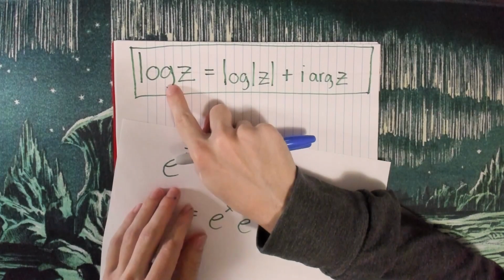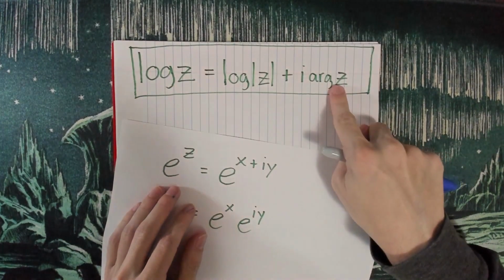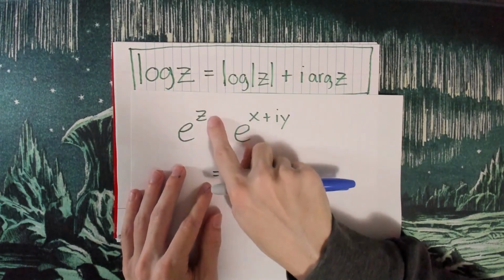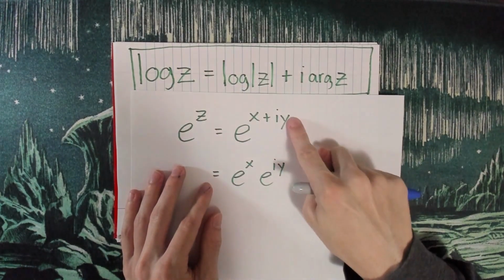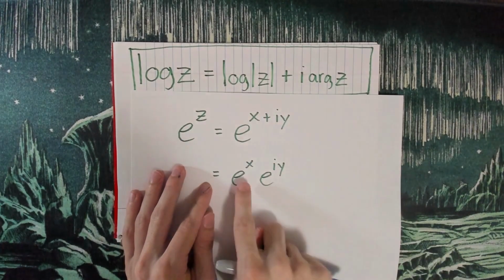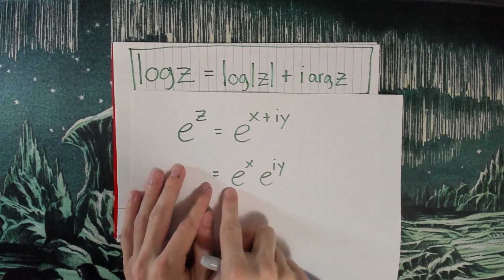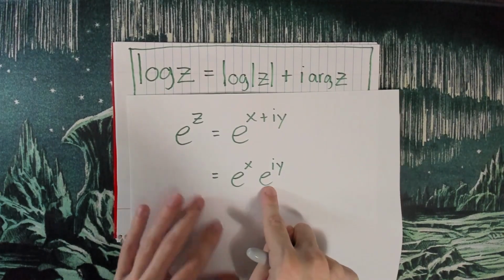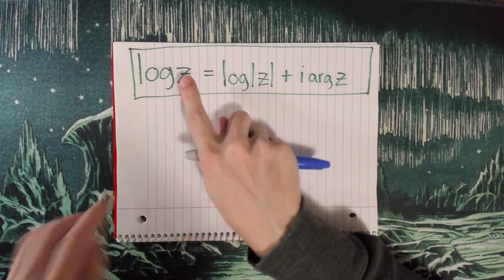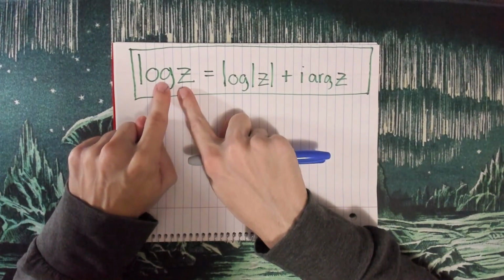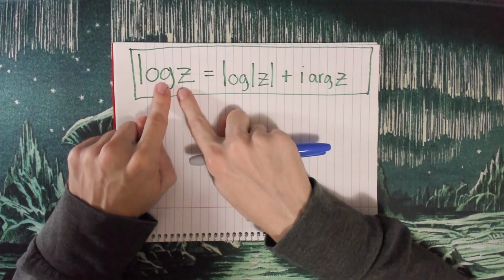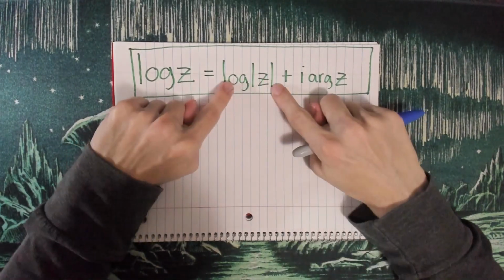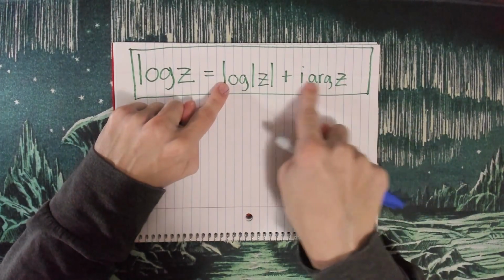So here we have complex logarithm equals this stuff. If we look at complex exponentiation, this is the inverse, right? And then we have e to the z is e to the x plus iy. So the real part determines the magnitude of e to the z, and the imaginary part determines the angle of e to the z. So it kind of makes sense in a way that for the inverse function, or inverse multi-valued function, whatever, we would have that the real part would be a magnitude of sorts, and the imaginary part